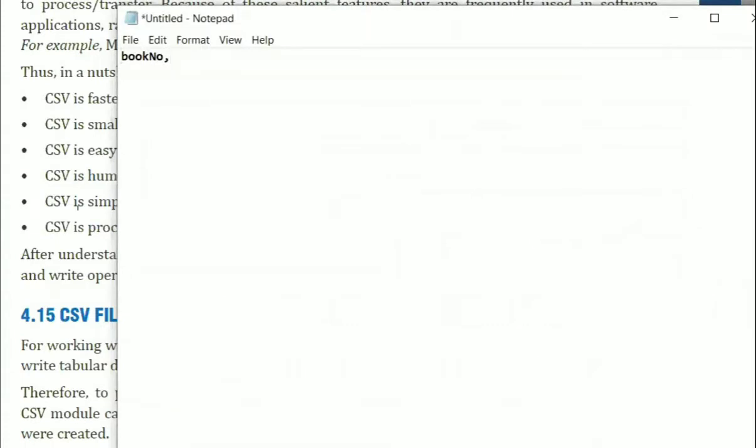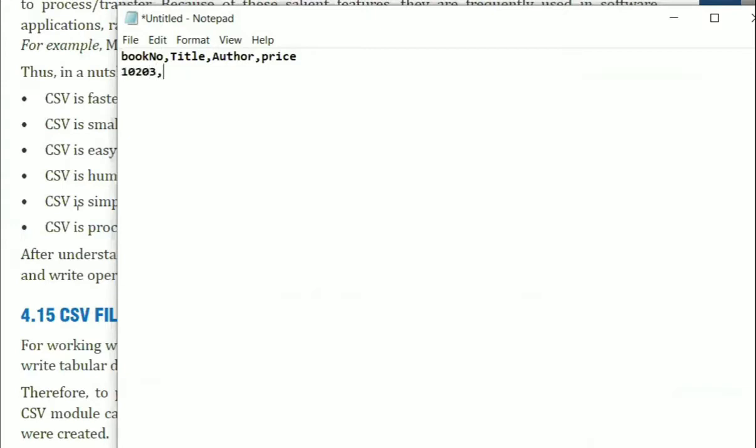In a library, they'll be maintaining some details, right? Book number, title of the book, author of the book, and for example, the price of the book. Okay, in this case, this is going to be the first row. I want this as the first row in my spreadsheet or Excel sheet.